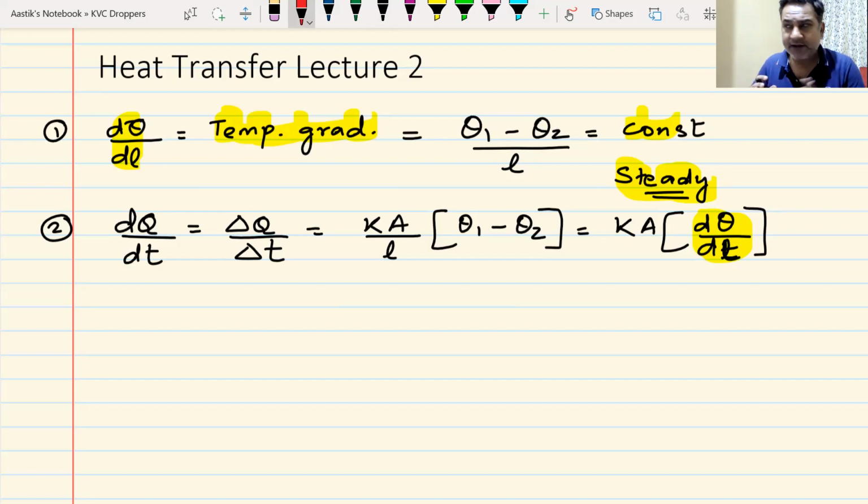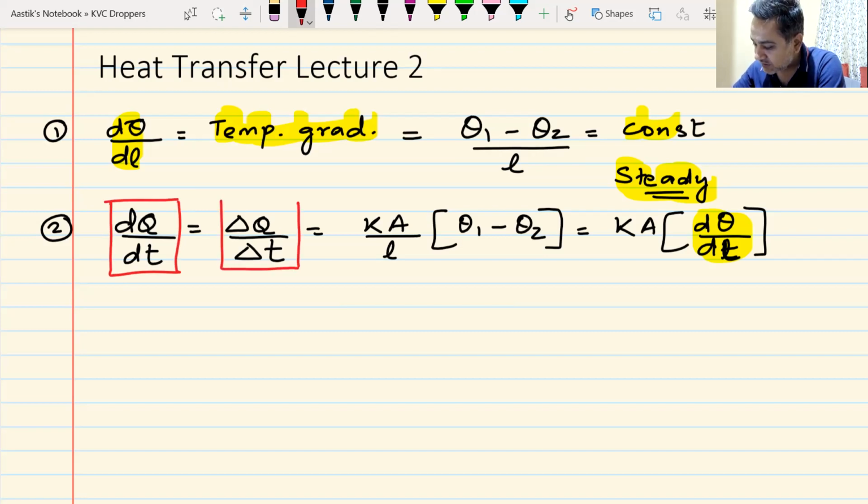So I told you that thermal conductivity is similar to electrical conductivity, and the flow of heat is now going to be related to something we already know, and this term that comes here, dq by dt or delta q by delta t, the rate of heat flow,